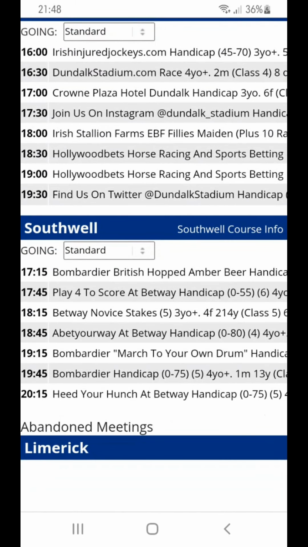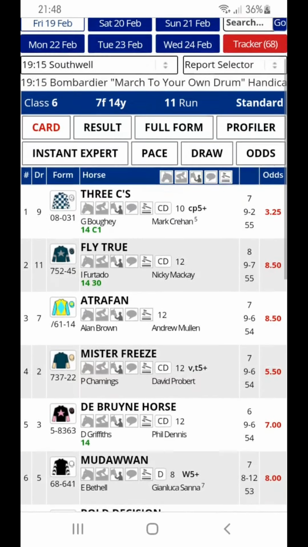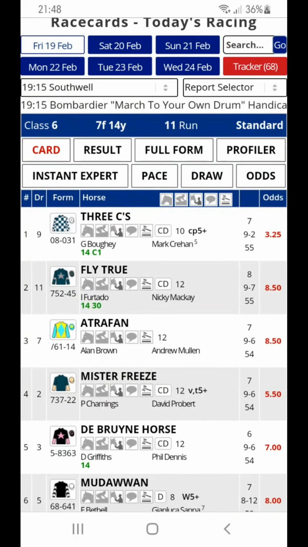So let's have a look at this race, why not? So this is the card tab. As you can see, the tabs are in 4 rows here. The race title scrolls across, but I think we're going to drop this across 2 lines so it's all visible, and I think we're going to add back into the blue race details bar. Going to add all the detail back in there with a horizontal scroll, so you can scroll across like that